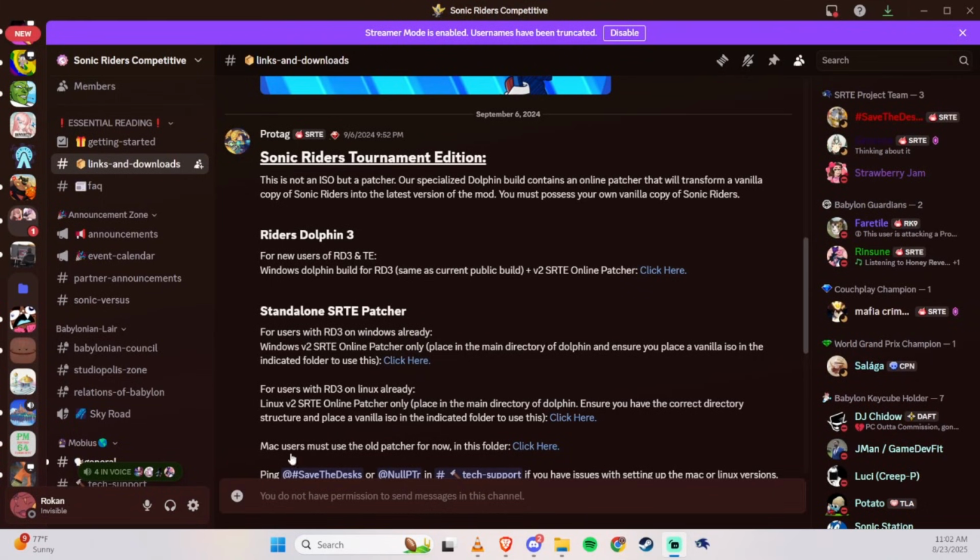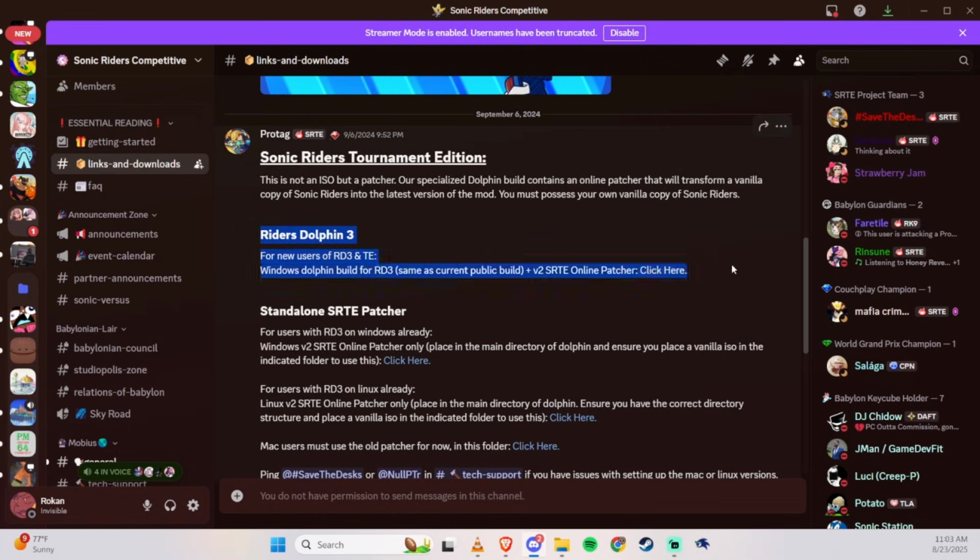All right, y'all. I'm gonna make a real quick tutorial on how to install SRTE onto your computer. It's gonna be real sweet, real short, real to the point. This is only going to apply to people who are using Windows. So, if you've never used Writer's Dolphin before, or the Patcher, if you're new to this, you focus on the